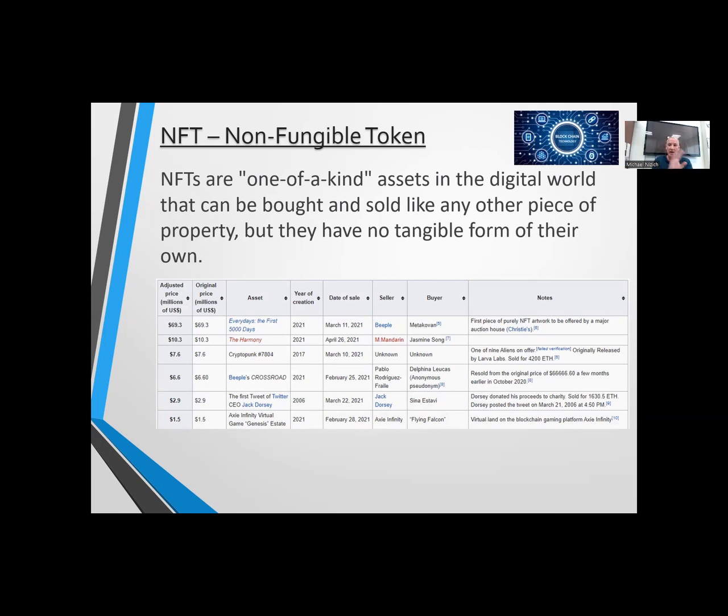So again, we're talking about the technology and how it worked, which we'll go into a little bit in the next slide or two. But basically, that concept of blockchain technology and how that works and how it secures the data, how it protects the data, and how it makes the data immutable, and how it's accepted by people, and that it is unchanged. How do we, by applying that technology to something like an NFT, a non-fungible token, a digital asset, it becomes valuable, right? This thing that wouldn't normally be valuable because who knows if it's real or not, actually becomes valuable because now it's part of this blockchain that made it real, right?